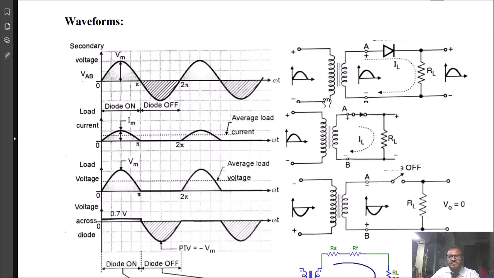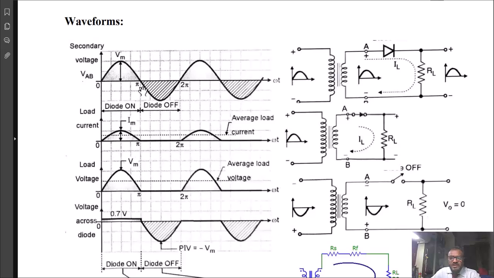The right side figure shows the operation during the positive half cycle. When the input VAB is going positive, the diode goes in forward bias and current flows. See here in the waveform, the first waveform is the secondary voltage VAB with the peak value Vm. In the positive half cycle, say 0 to pi,